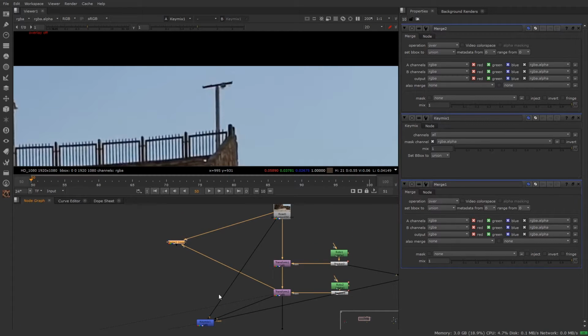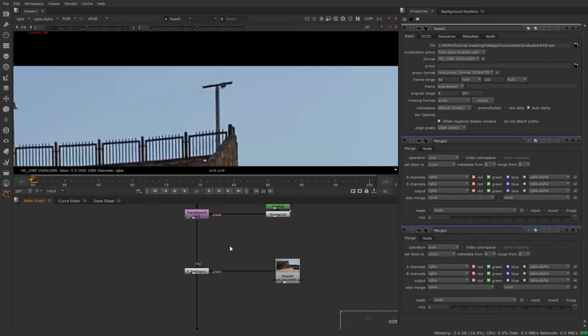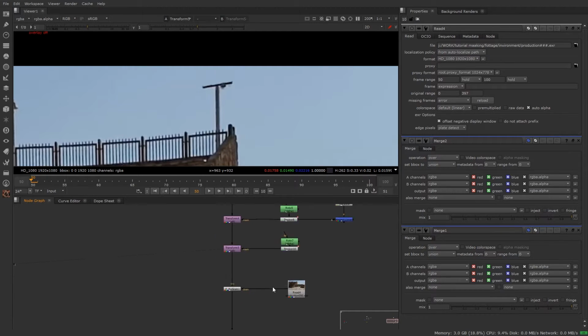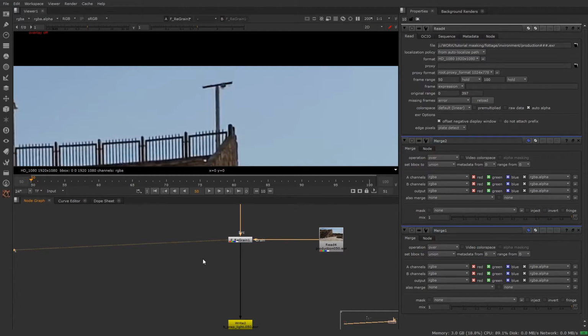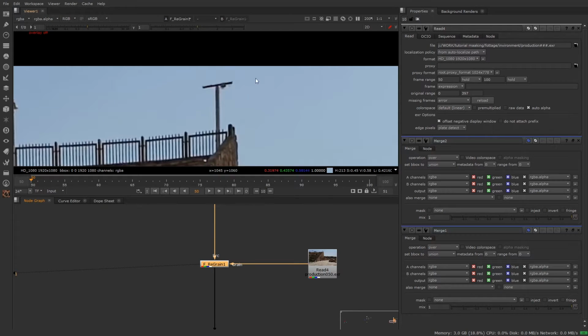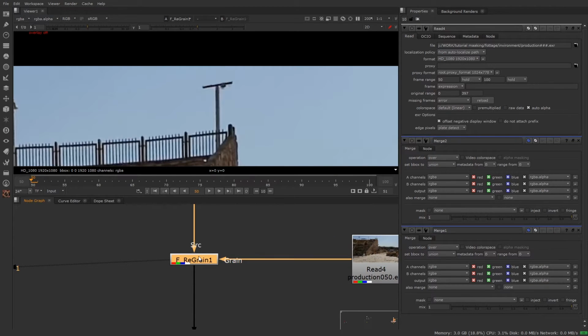Now let's look at the scenario where we can use a Keymix node. Okay guys, so here we have the same comp with the grain applied. In this scenario, this was our input and we worked with the transform and removed these lights over here, and then finally we added the grains. But right now the grains are reflecting all over the footage. To check whether the grains are applying all over the footage or not, you can just decrease the gain and gamma and disable this FreGrain to check whether it's affecting all over the footage or only over here.